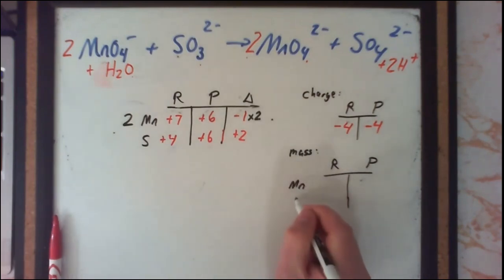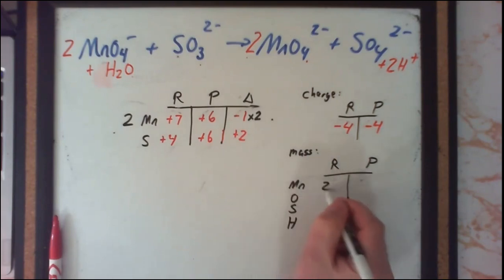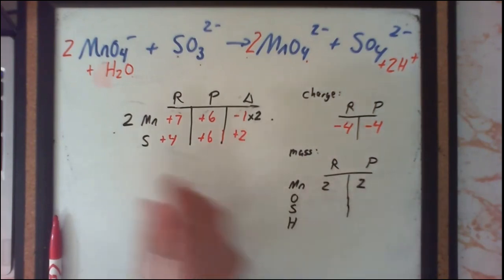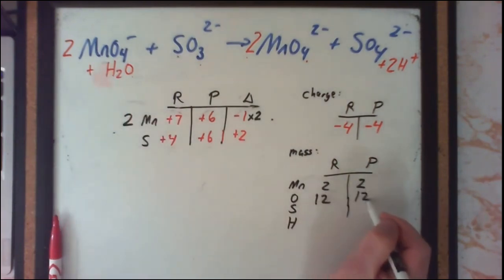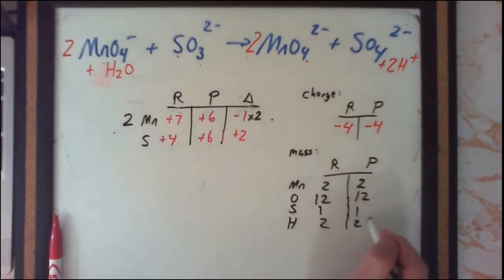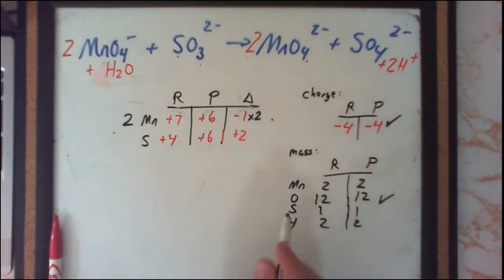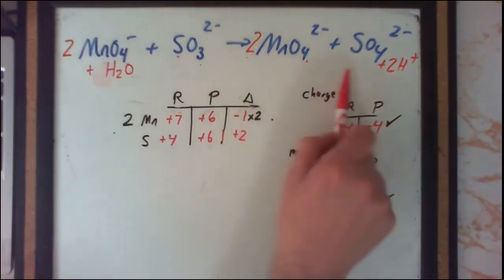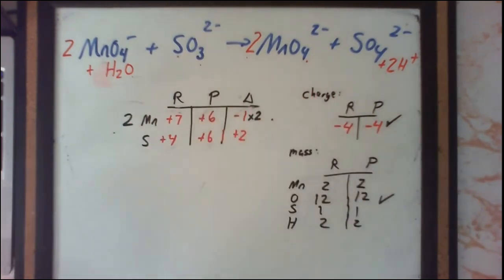We have manganese, oxygen, sulfur, and hydrogen. We have 2 manganese on both sides. Oxygen we just counted was 8, 9, and 12 versus 12. Sulfur is 1 and 1. And hydrogen is 2 and 2. So the reaction is balanced because now it's both mass balanced and charge balanced. And this overall reaction then should be the exact same balanced reaction we got with the half reaction method in